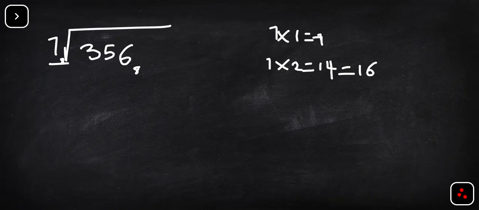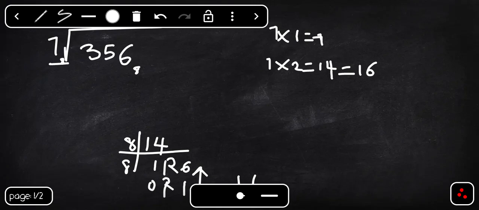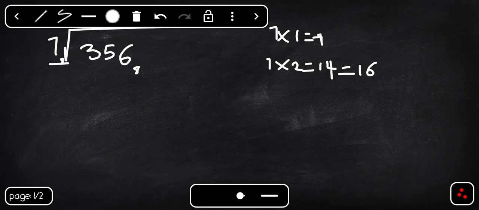Now let's check it. 14 in base 8, we divide by 8. 8 into 14 is going to give you 1 remainder 6. 8 into 1 is 0 remainder 1. We take it from the ground up, we get 1, 6 base 8. You see? Alright. Now 7 times 3